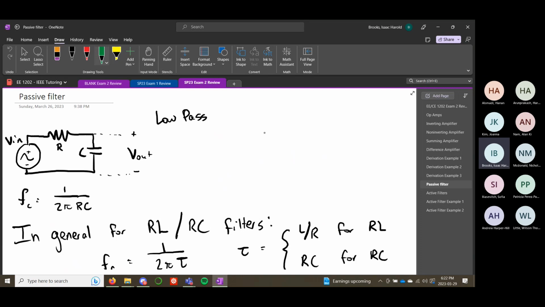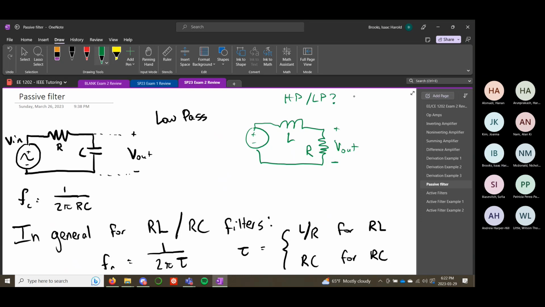So say that I gave you this, where this is an inductor and this is a resistor, and we're measuring our output voltage here. Can anyone tell me if this is a high pass or a low pass? Wait, have you studied these before? Okay. Yeah, so